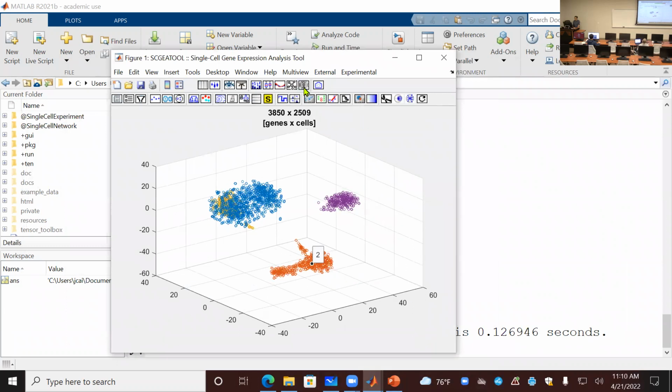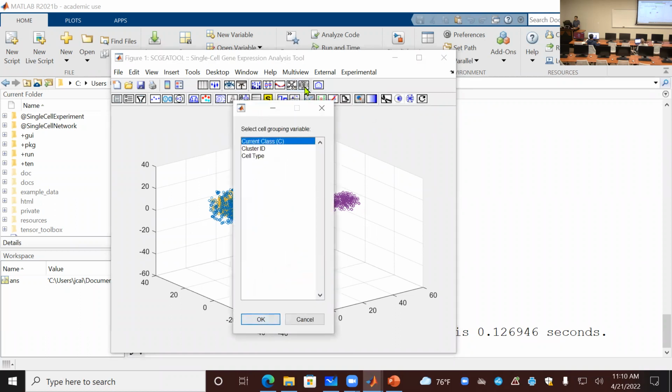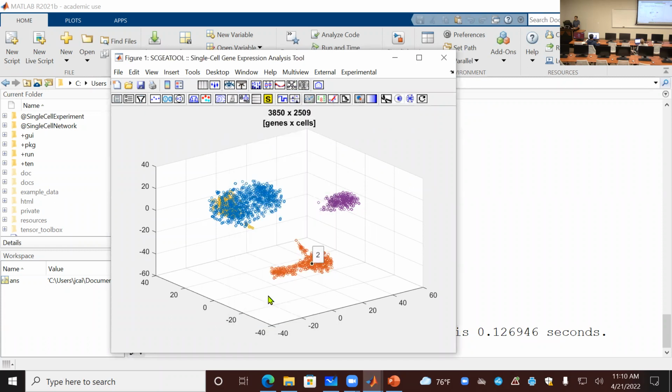Okay, so if you want to do this small network comparison, you can also say, okay, I want to compare two single cell gene regulatory networks. So this button here just constructs one network, but this one will construct two for different subsets of cells. So as what I did for B cell and the monocytes, you can select a grouping variable